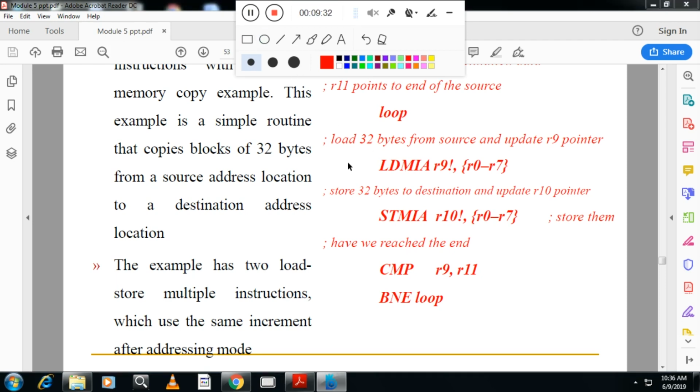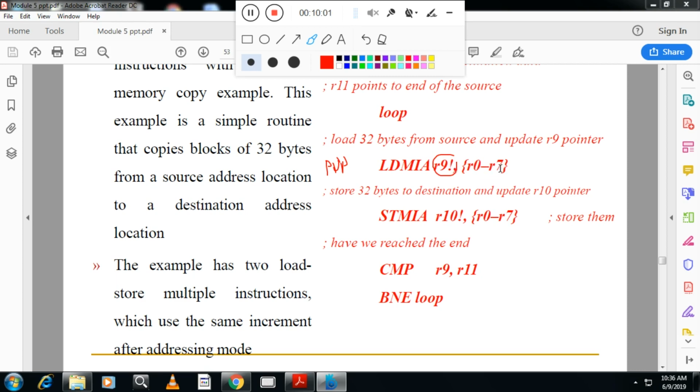Load means pop instruction, equivalent to pop instructions, right? Load the multiple registers, increment after that. Starting from the base address R9, these registers are loaded.